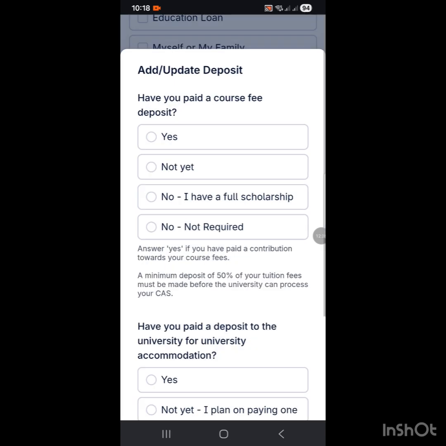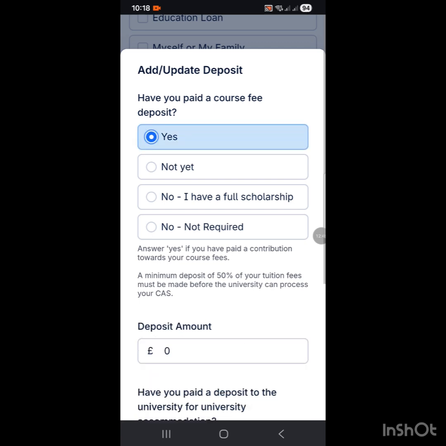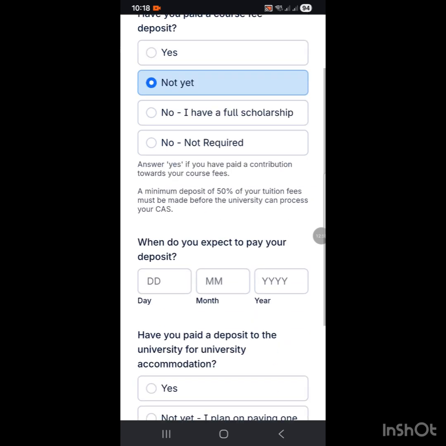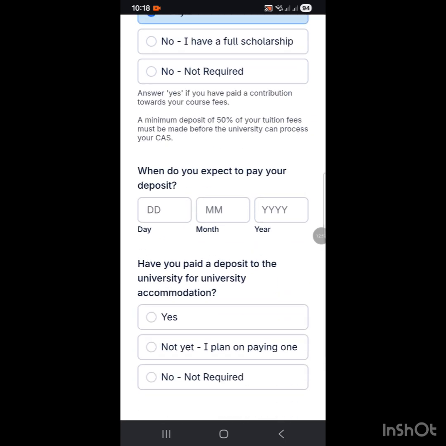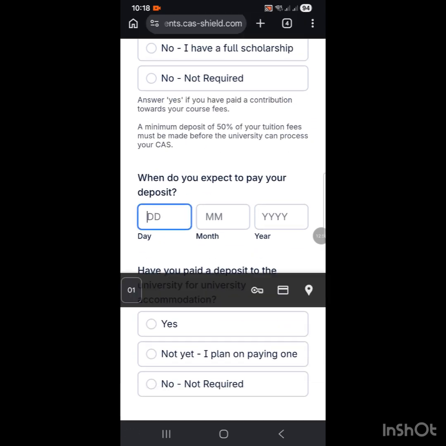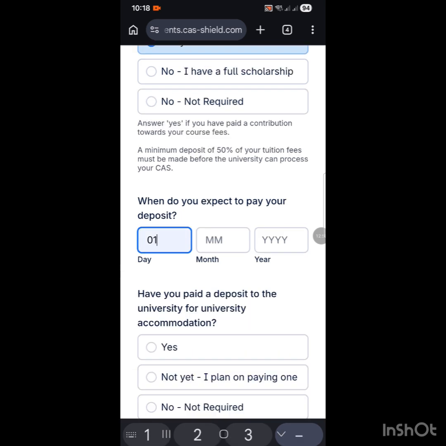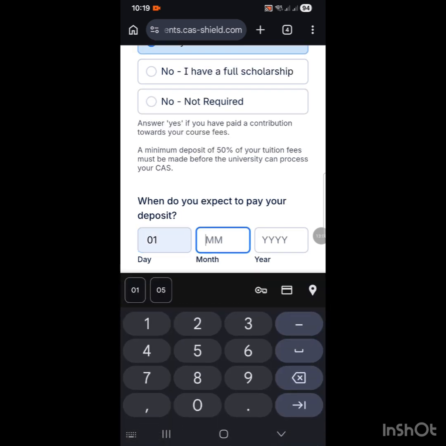Now you'll be asked to add your deposit information. Have you paid the course fee? If it is yes, you'll be asked to enter the amount. But if you have not paid and you hope to pay in the coming months, click on not yet. You'll be asked, when do you expect to pay? So let's enter a future date. Let's say 1st of July